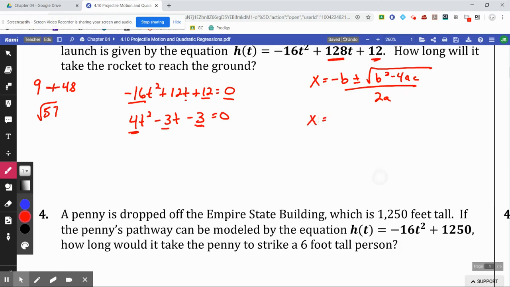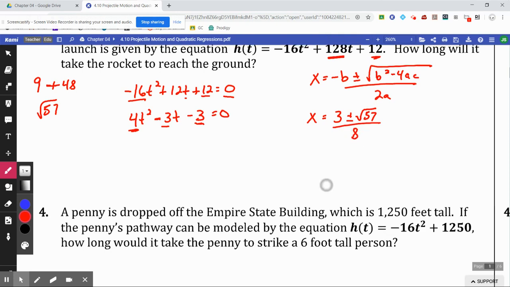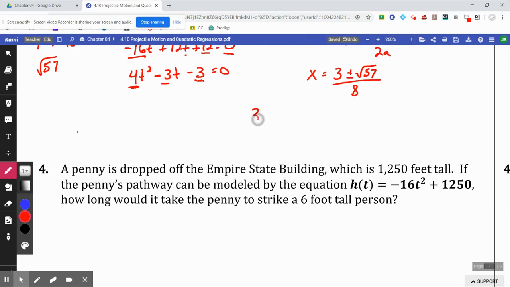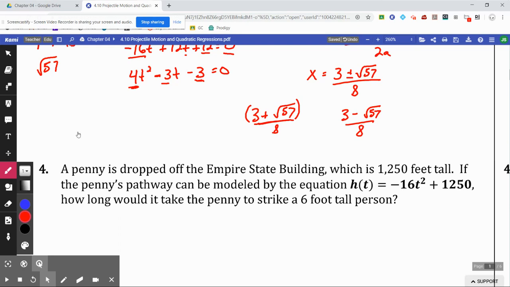So x is equal to negative b. b is negative 3, so negative 3 plus and minus that radical stuff divided by 2 times a is 2 times 4 is 8. So what we've got now, 3 plus root 57 over 8 and 3 minus root 57 over 8. Okay, and we can type this straight to our calculator. Now this is the important part. Type this in and make sure you get what I get. As you type this in, I put the whole top in my calculator and I find the answer to that. Then I take that answer and I divide it by 8. So when I do 3 plus root 57 and then I divide that by 8, I get about